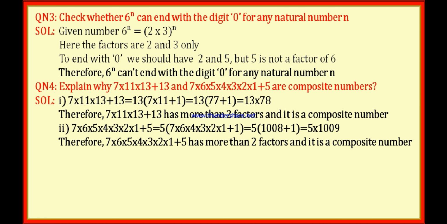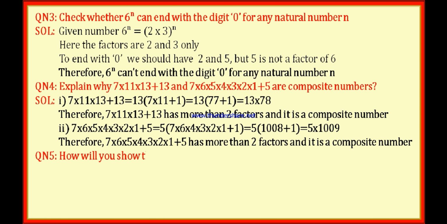What is meant by composite number, students? Good. Composite number means it should have more than 2 factors. Any number with more than 2 factors is called a composite number. Then what do you call a number which has only 2 factors? Okay. The number with only 2 factors is called a prime number. Then is there any number with less than 2 factors? Good. 1 is the number with less than 2 factors. 1 has only 1 factor. Therefore 1 is neither prime nor composite.